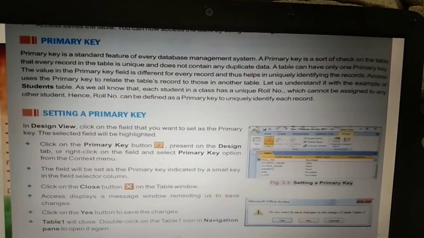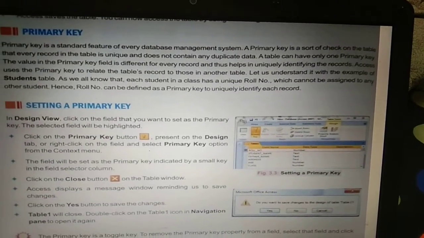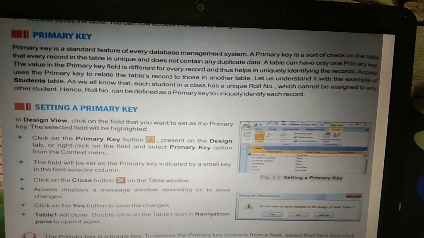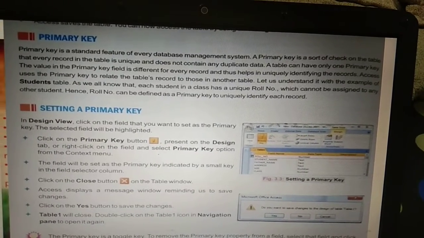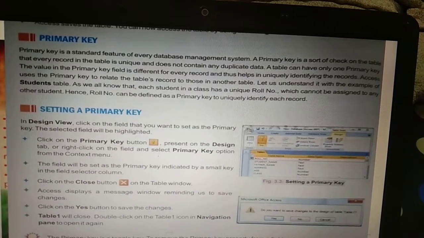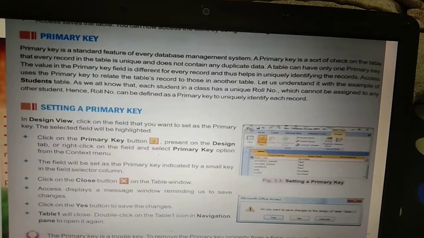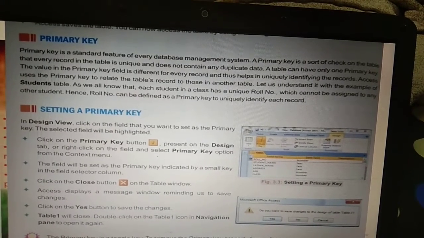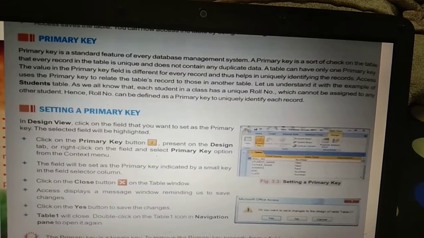Next one is very important, the primary key. Basically a primary key is a standard feature of every database management system. A primary key is a check on the table that every record in a table is unique and different, and it doesn't contain any duplicate data.